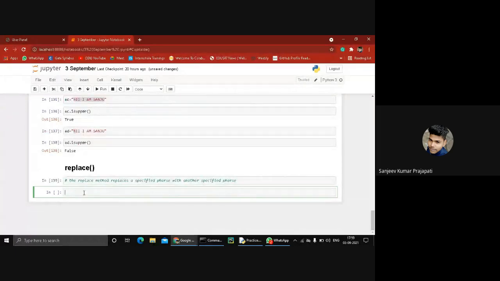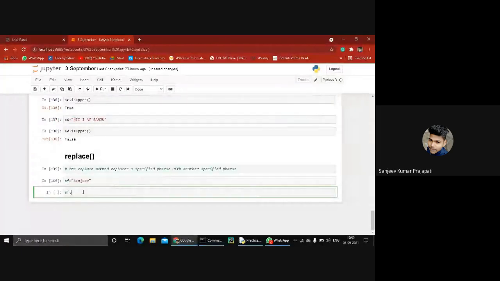So again, you have to create a new string like AF equal to, and then we apply the replace method. My motive is to change my starting letters SA, and you have to convert them to something like PY.